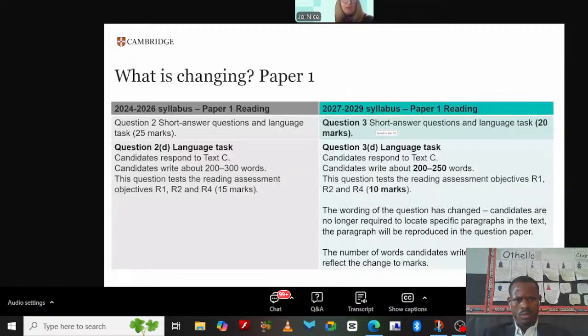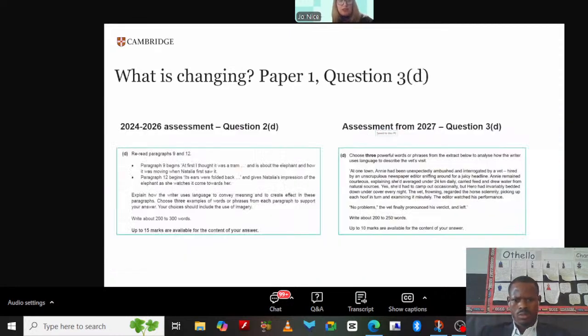On the next slide, this is another focus on question 3. Question 2D in the current paper becomes question 3D in the new paper. The wording of the question has changed slightly, and on the right-hand side you can see the new question paper from 2027. In the current assessment, candidates are asked to reread paragraphs. We give them the instruction to reread a particular paragraph, and they go and find it in the insert. From 2027 onwards, we'll produce the paragraph of text in the question paper itself, so candidates won't need to go back and look for those paragraphs. We also slightly reduce the amount that candidates write there from 200 to 250 words,